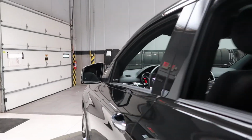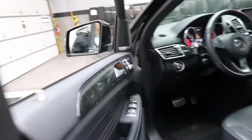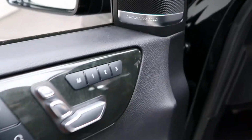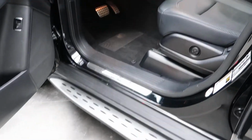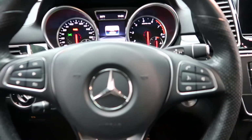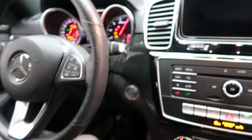lane assist package with active blind spot assist, lane keep assist, keyless entry, premium 2 package with Harman Kardon sound system, memory seats, ambient lighting, illuminated door sill, heated steering wheel controls with Bluetooth capabilities, paddle shifters for extra performance, a push start ignition,